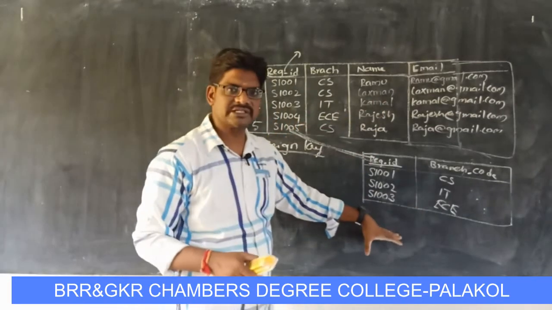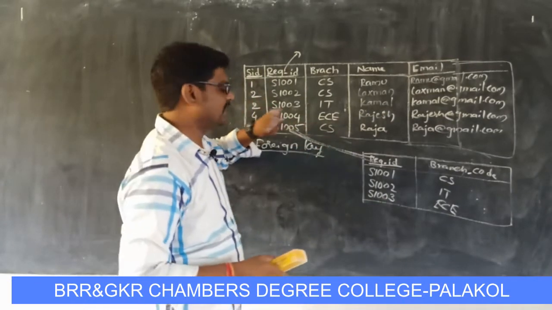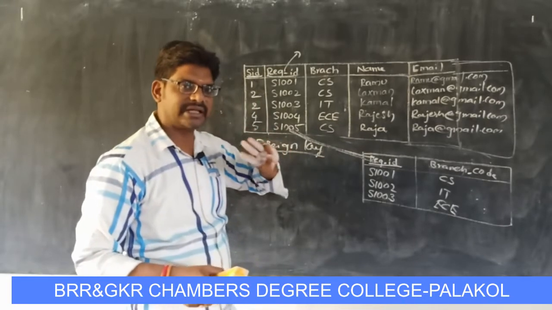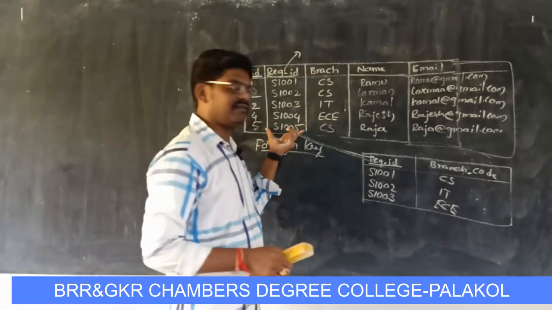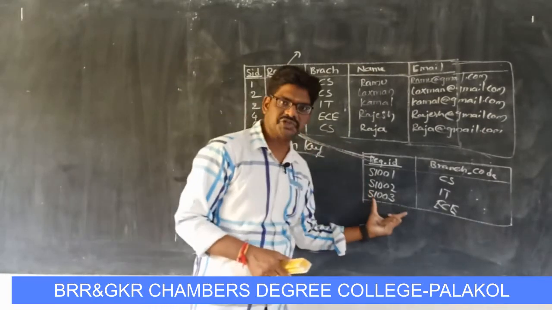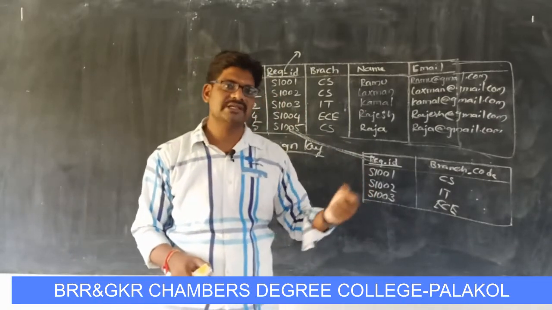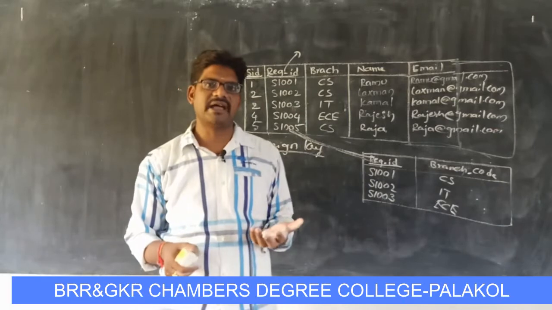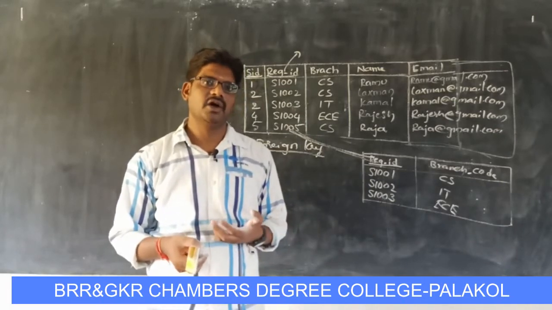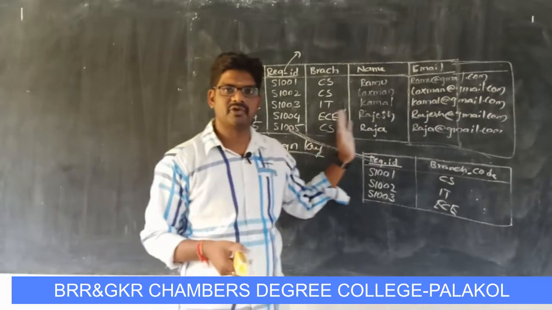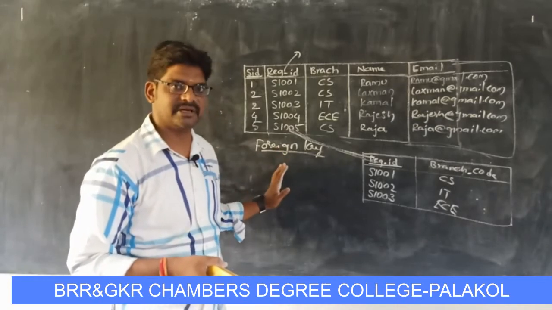S1004, here there is no S004 and S005. Okay, that means only 3 rows of a table can be displayed. That means the primary key values must and should match with the foreign key values, then only the data will be displayed on the screen. So if the data is not matched, no rows are selected and the data is empty. Okay, so that is the information about the keys within the database. Okay, I hope you are understanding this concept.